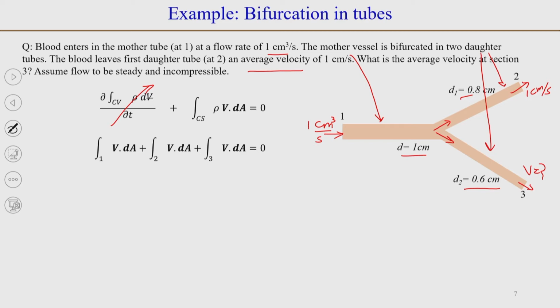So, we can write, and then rho is a constant. So, we can take rho out, and the equation will be the integral over the control surface of rho v dot dA is equal to 0. We can divide by rho. So, we have the integral over the control surface of v dot dA is equal to 0. We can take a control volume